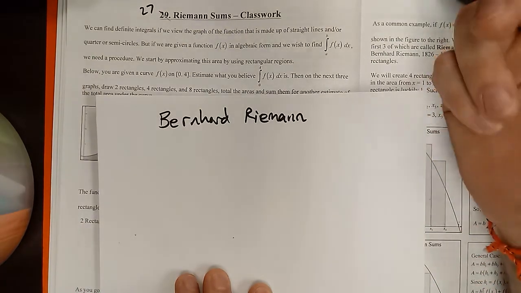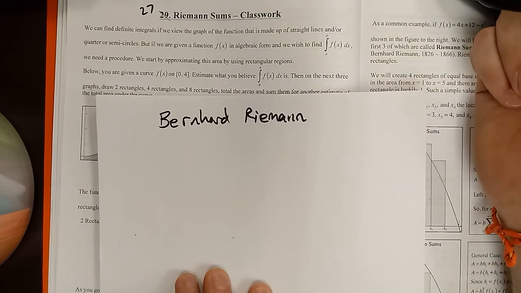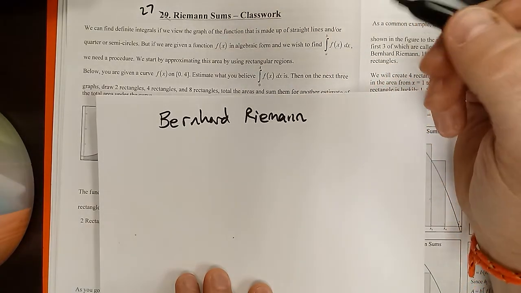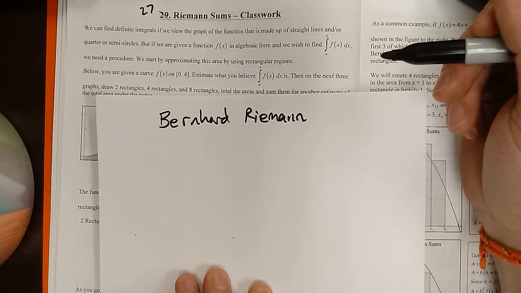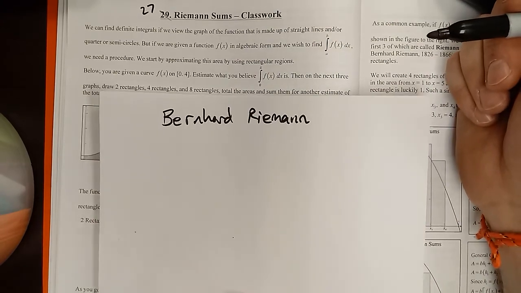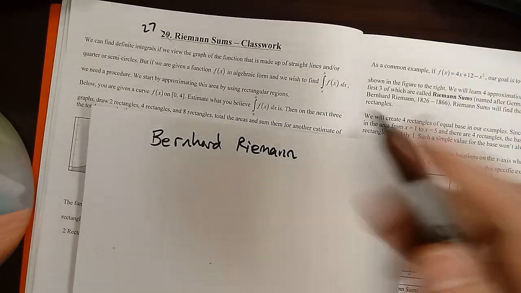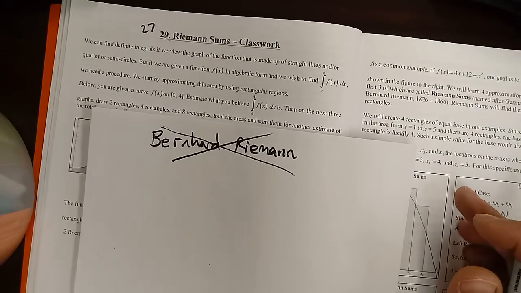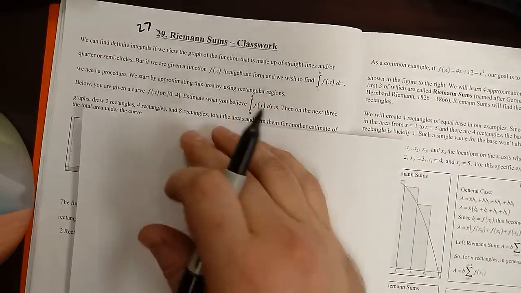It's again the reason why we want to know how to pronounce people's names correctly is so that when we're talking about them, we sound smarter than we actually are. Because in college, someone's going to go, "I don't know what a Riemann sum is," and you're going to go, "Oh, you don't know what you're talking about." And then somebody else is going to say Riemann sum, and you're going to be like, "Okay, they've probably heard of these before." So anyway, it's not a big deal at all. He doesn't care. Because he lived in the 1800s. So anyway,